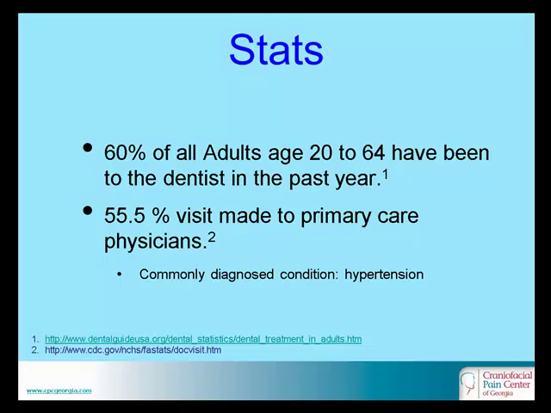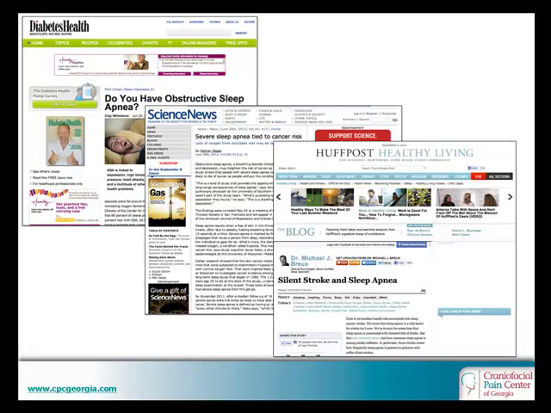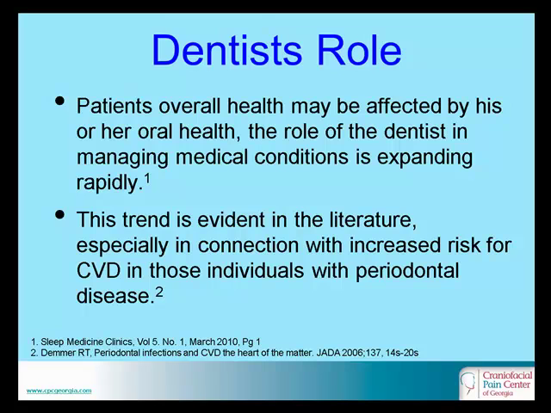So even though the distribution in this slide seems about equal from a dentist standpoint to a physician standpoint, it's still not identifying these patients appropriately. Now, if you look at the press, and what's out there in the literature, and if you get on the internet, you'll find that there's a lot of work or press releases on diabetes. There's a lot of correlation with sleep apnea and diabetes, sleep apnea and cancer, sleep apnea and stroke, and things of this sort. There's a lot of information out there, and a lot of patient awareness within reason that's actually taking place. The only problem is identifying these patients